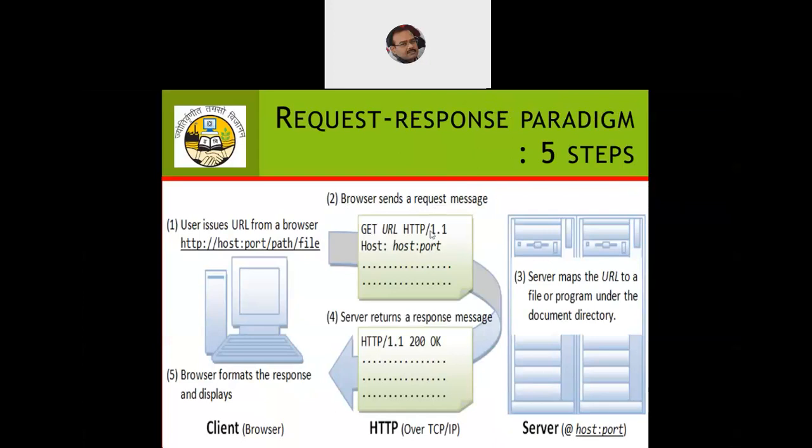message to the server. So we'll have certain information about the different components that constitute a request message. We'll have GET, which is the name of the function. We've got two functions, the GET function and the POST function. These are two widely used functions, but there are many other functions also. Then URL is the uniform resource locator. Then HTTP is the protocol name, and 1.1 is the version. And then we'll have some more information, which we will discuss, about the components of the HTTP request header. Then it flows to the server. So the server maps the URL to the file or a program